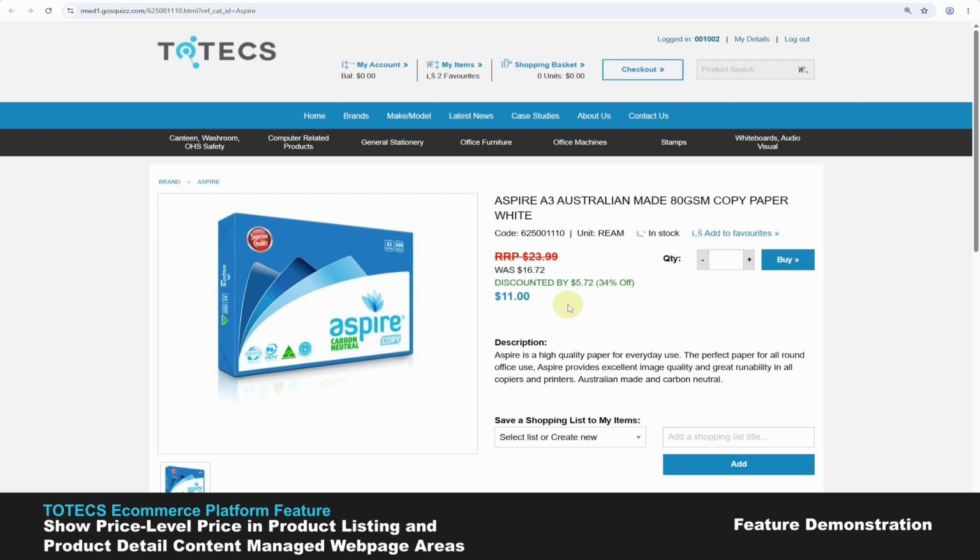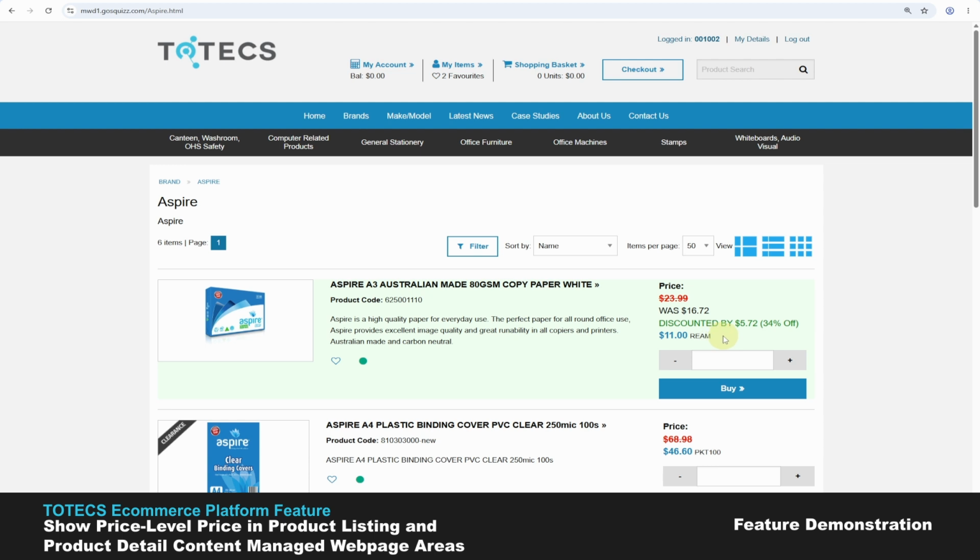So this enables the user to feel like they're getting a big win because the normal price that they would receive has now been reduced dramatically by over 34%. And this functionality can be placed in not just product detail areas, which is displaying all the details of this particular product. We can also show this information within category listing areas, as well as product search results listing areas, user details, favorites and orders areas, contract areas, related products, model product areas, and any other areas that use the product search record format. So just about anywhere in the website where there's a product listing, we can show this